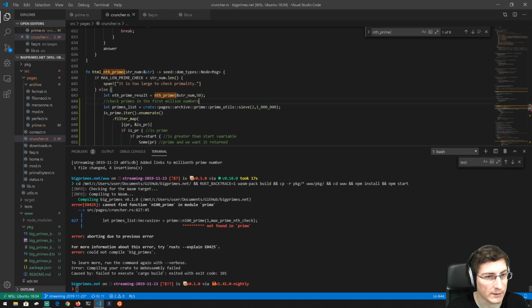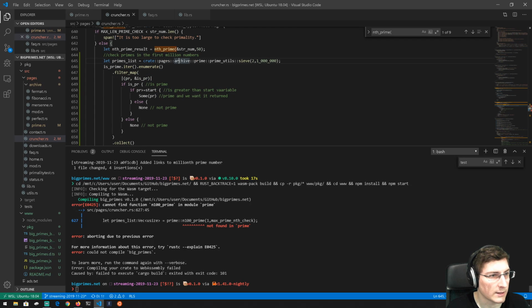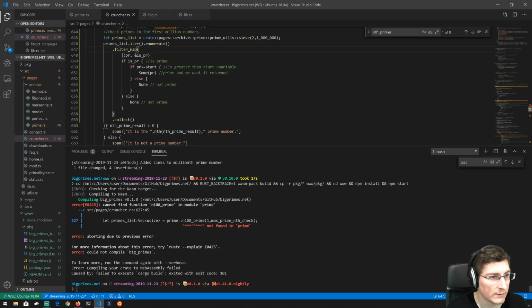And I guess actually we don't need to go to 1,000,000. We just need to go as far as this number, right? Being passed in. But we can deal with that in a second. So primes list. We've got our primes list. We want to iterate over that. And then actually it's more than is it prime. We kind of want to say